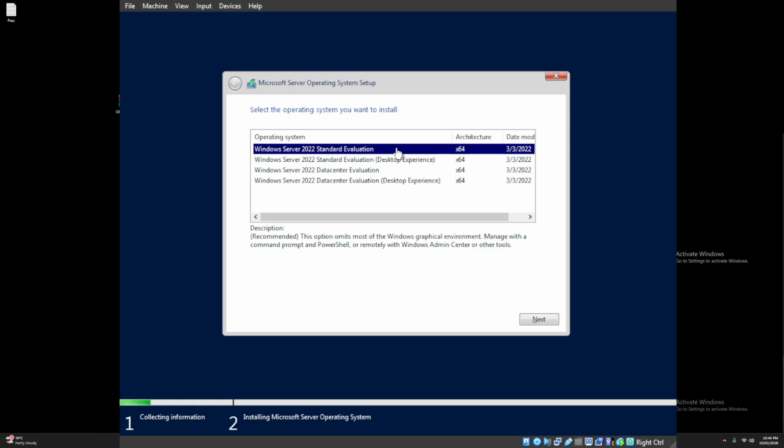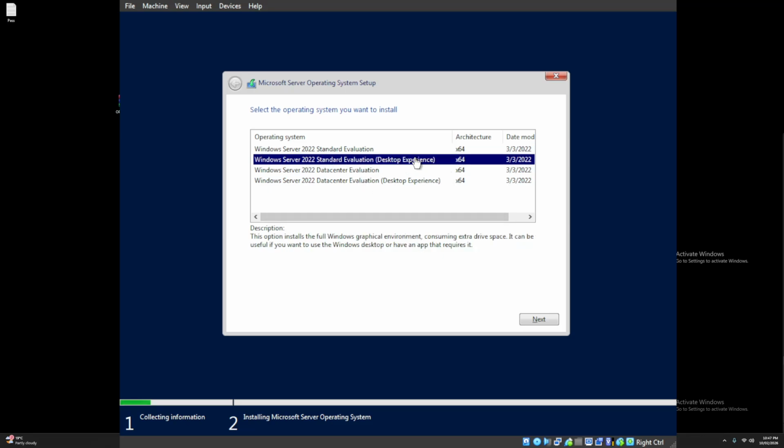The reason for that is because the graphical user interface consumes a lot of resources while running, while the standard evaluation is a command line interface which does not require too many resources. Even if the servers have a lot of RAM and a lot of processors, we want all of that RAM and the processors and everything else to go towards the managing of the work and not towards the graphical user interface. So for this lab, I'm going to select the standard evaluation, but in the production environment, it's usually